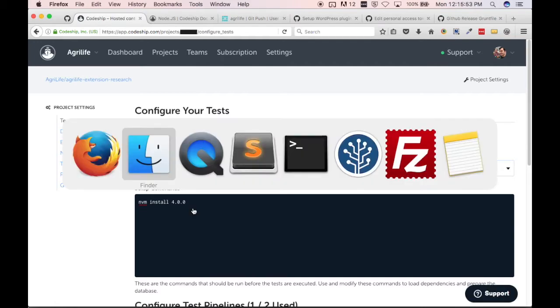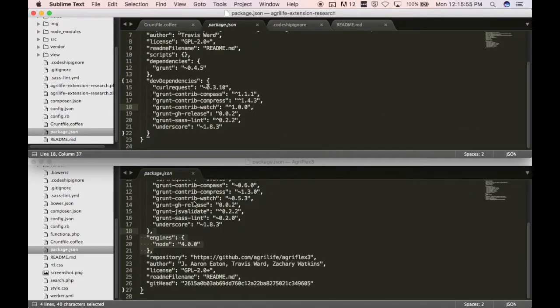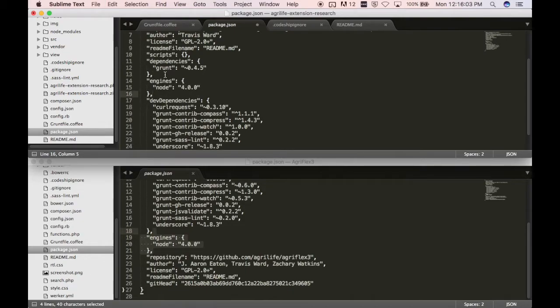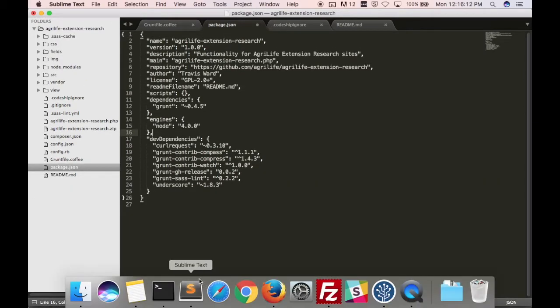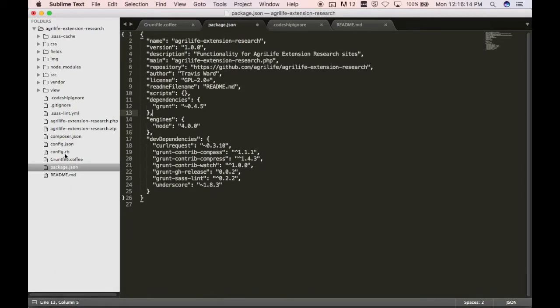Another way you can do this is by setting it in the package version. And because that's best practice, we will go ahead and take care of that. Another step that we're going to take during this next commit is